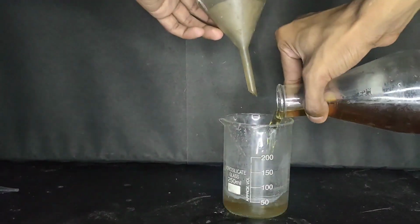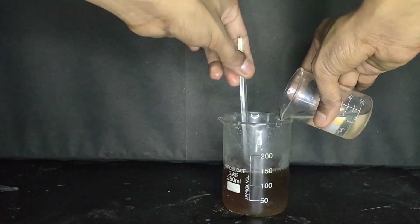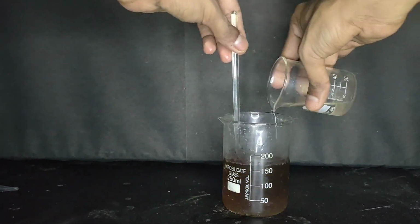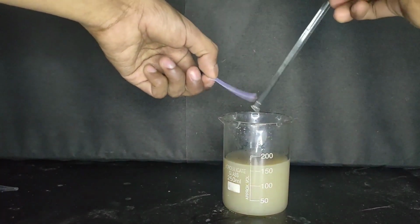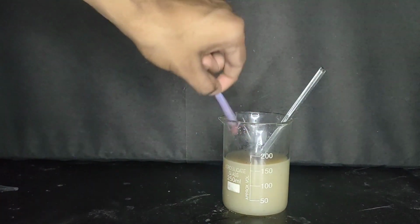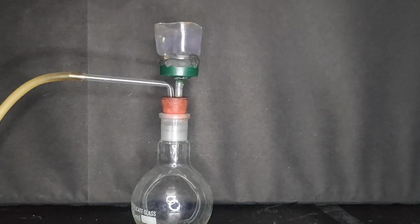To the filtrate, I added dilute sulfuric acid to separate the alpha naphthol. On adding dilute sulfuric acid, a strong smell of sulfur dioxide was observed, which meant that sodium sulfite was formed, but the precipitate was in a colloidal state and was passing through the filter paper, so I could not get anything by